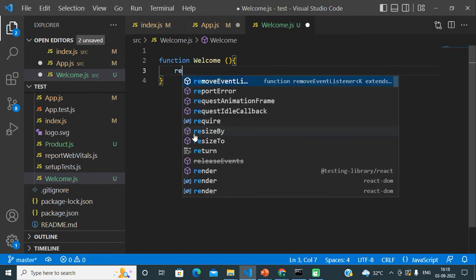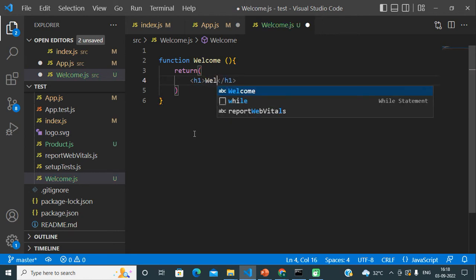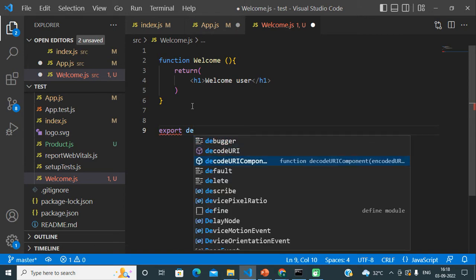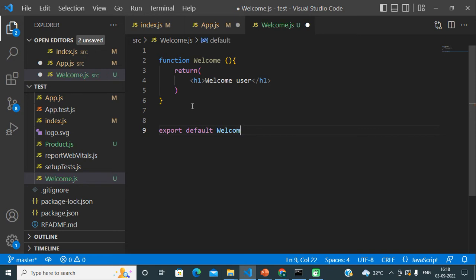I am returning a normal message from here, that is welcome user, and then just a normal export default. So I have just created a normal component.